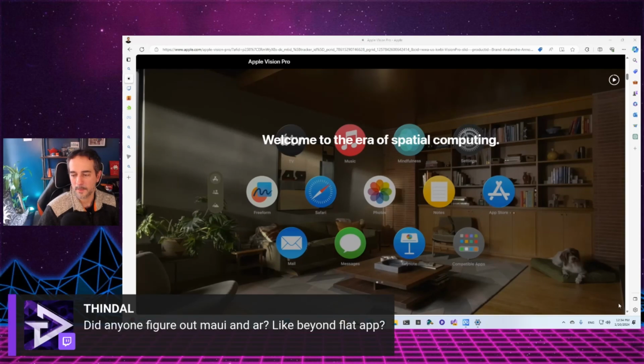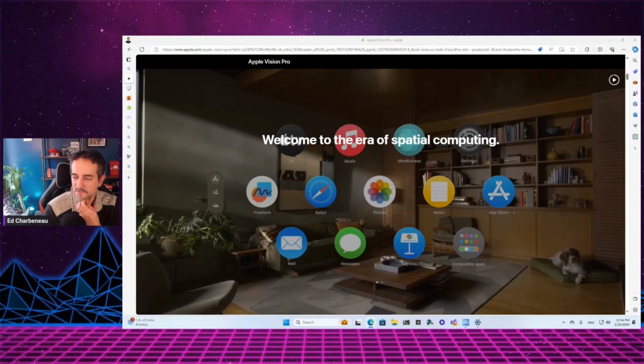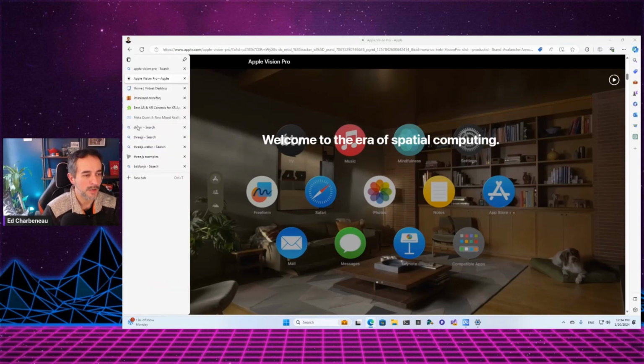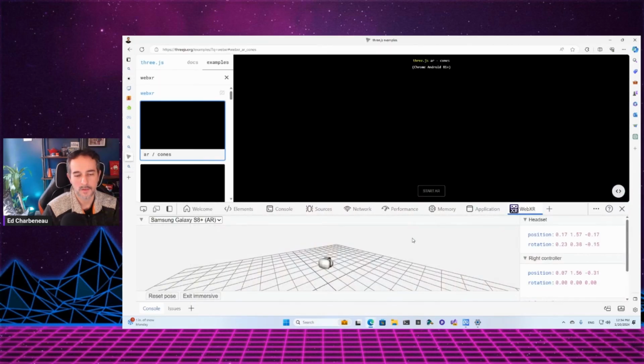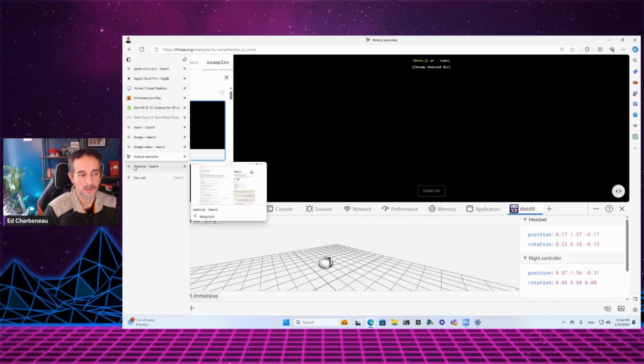Did anyone figure out Maui and AR beyond flat app? Yeah, you did start right after I said it, Thindle. I'll jump back and I'll talk about it one more time. I still have the tabs open. So for one, with Maui, you cannot do 3D. There is a limitation currently. Actually, I missed this earlier when I was talking about this. From Maui, I said Blazor, but from Maui specifically, you cannot do any Three.js or Babylon.js